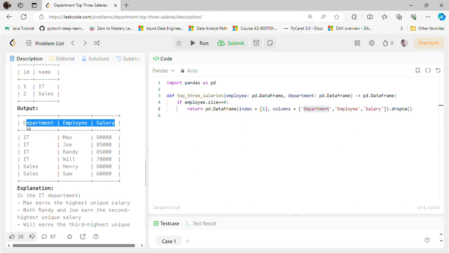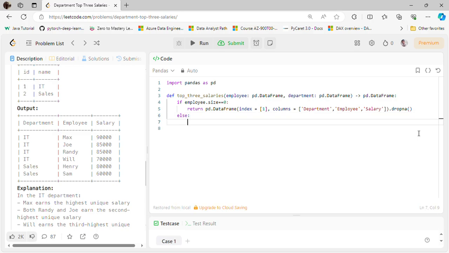Because we are mentioning one index also there, it will be one null row, so we are dropping the NA values and we are returning that empty data frame. Okay, else part is there. So if the data frame size is not empty, the first thing we will do is,